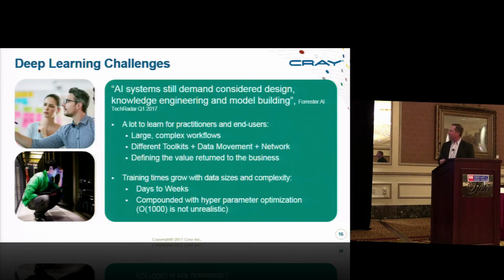So some of the challenges. In the Forrester Tech Radar report, AI systems are still considered to demand design, knowledge engineering, and model building. So it's not a COTS piece of technology that you install, configure, and leave be. They involve large complex workflows, different toolkits, data movements, and networks. This piece is fairly important, and I think it's been highlighted quite a few times in some of the earlier talks, in that the ecosystem